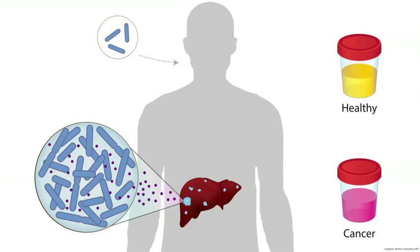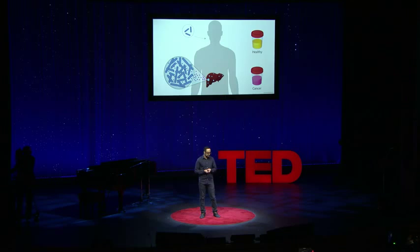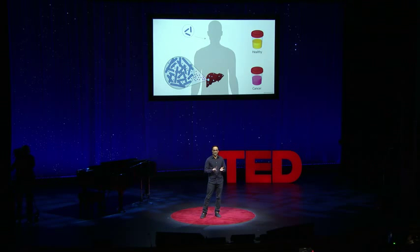And so we specifically programmed these probiotics to make a molecule that would change the color of your urine to indicate the presence of cancer. We went on to show that this technology could sensitively and specifically detect liver cancer, one that is challenging to detect otherwise. Now, since these bacteria specifically localize to tumors, we've been programming them to not only detect cancer, but also to treat cancer